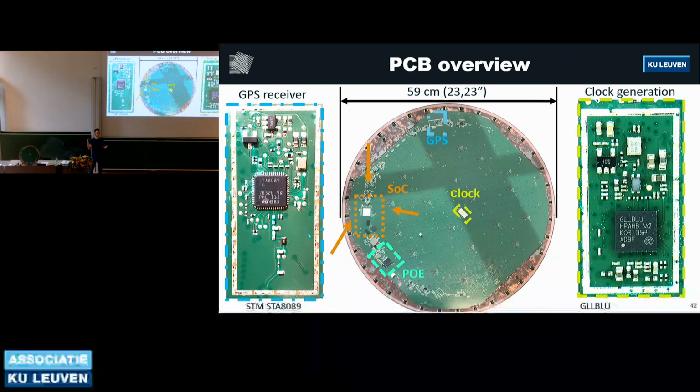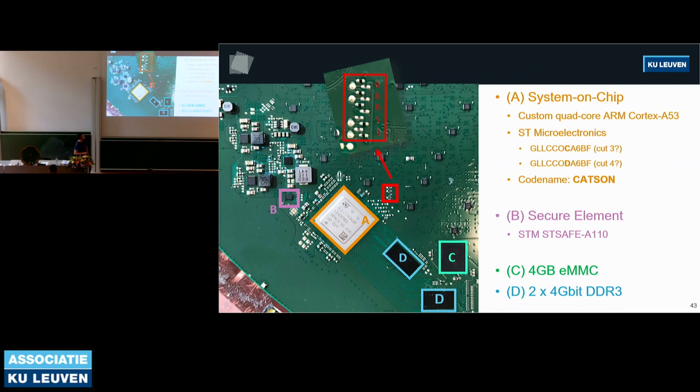We removed the metal backing from this PCB, and then essentially you get also this here on the desk. And I marked some of the more interesting areas here, but for us in this talk, the area with the system on chip is the most interesting. If we can compromise the system on chip, then we can control the entire terminal, and then we can start exploring the network infrastructure. So if we zoom into that part,